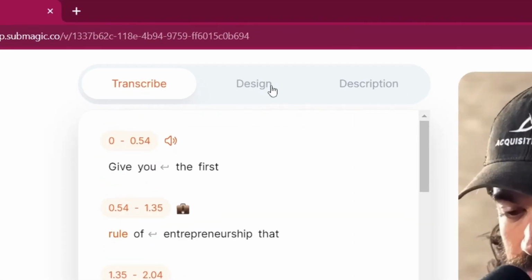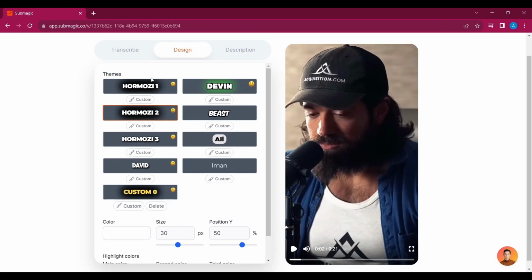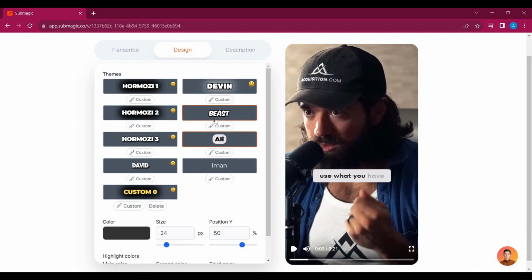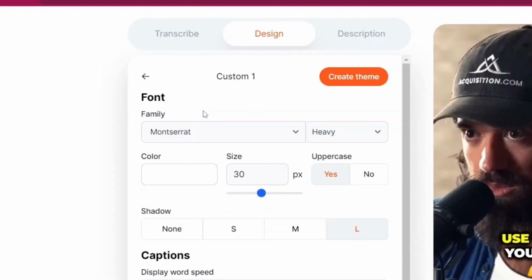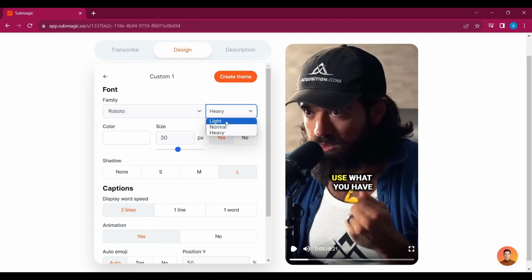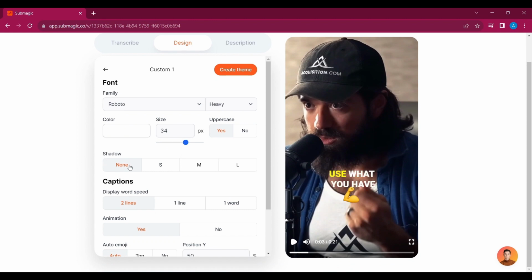In the top bar you can click on design and here are all kinds of themes from Hormozi, from David, from Devin, Mr. Beast, Ali and Imangazi. And as you click on it, it automatically changes the style. If you click on custom, you can change the font. If you want the words to be light, normal or heavy, you can select the size of the words. If you want to have it in uppercase or not. If you want to add a shadow,